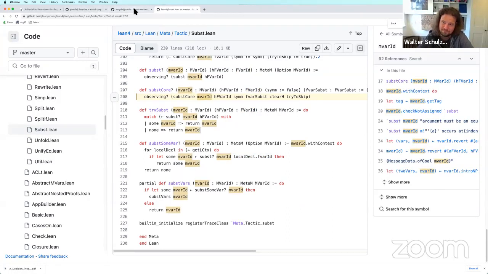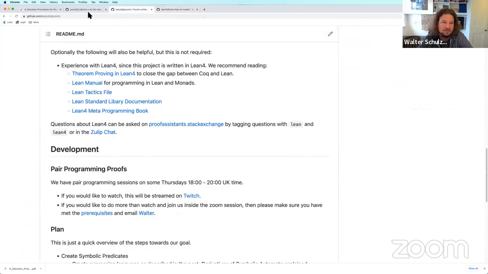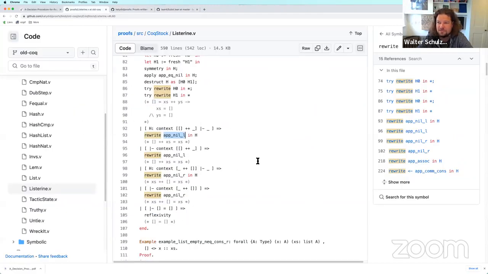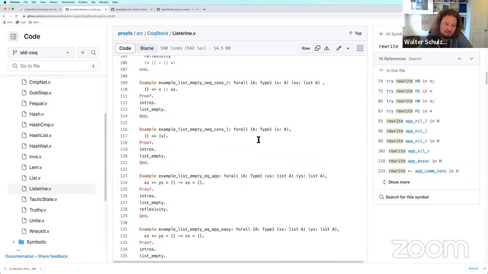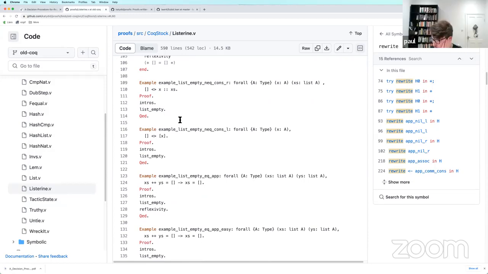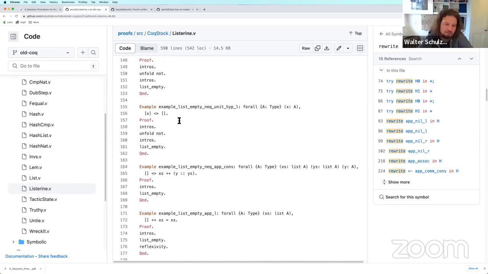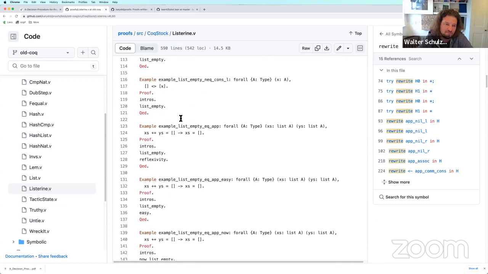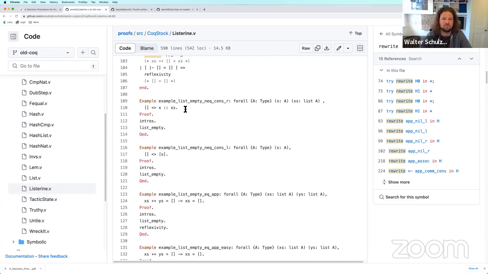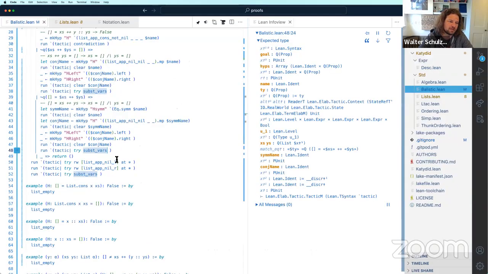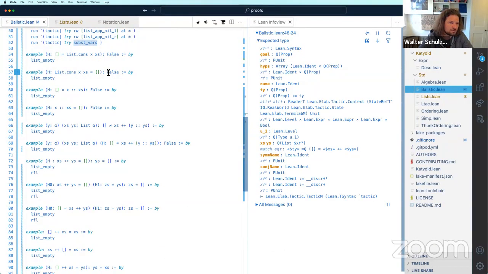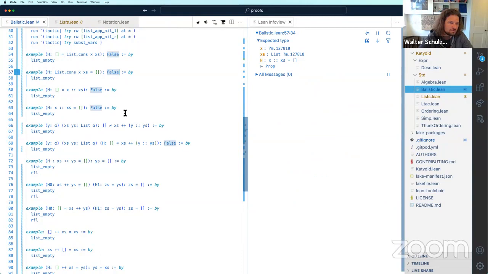Let's go play some more with the lists and just build up our test case library. I mean, but yeah, there's a lot to figure out there. Mm-hmm. Okay, so here we have some more examples. So I think we can copy some more of these. This looks familiar, but I don't know if we actually have it. We have things close to it, but